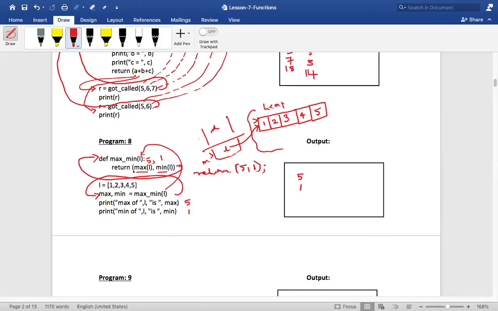When I'm coming back, this is no more required. So it would be removed from the memory. Whatever was created over here, that would be removed. Is that clear? Will it be permanently removed, sir? It would be permanently removed. It's not required anymore.